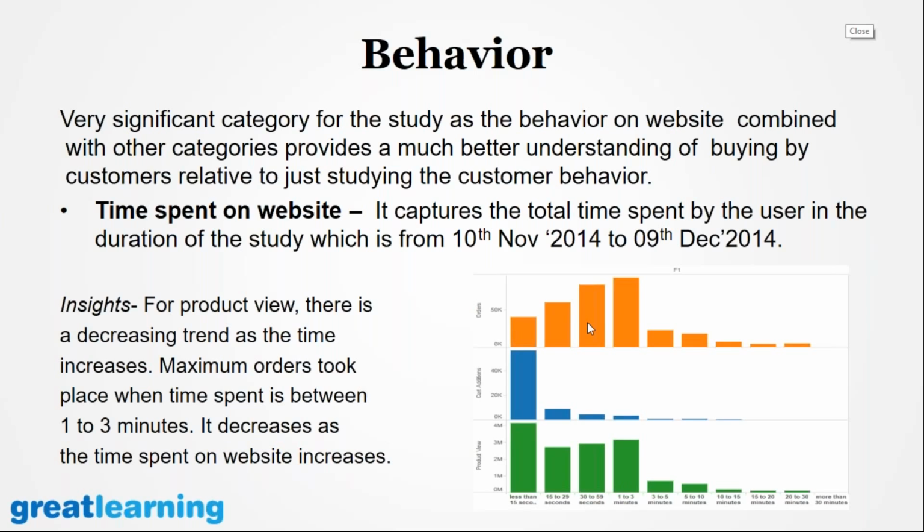So what a company would be interested in are the orders. Where are we getting maximum orders? People who are spending 1 to 3 minutes are giving us more orders. That's what the data is telling us at this point. This is what we are doing right now, the exploratory data analysis, EDA as it is called in the industry. Further, we'll actually develop a model on this and see what is coming out of it.